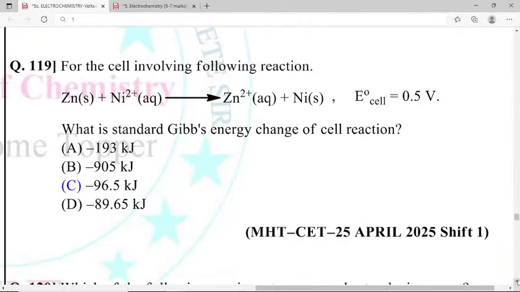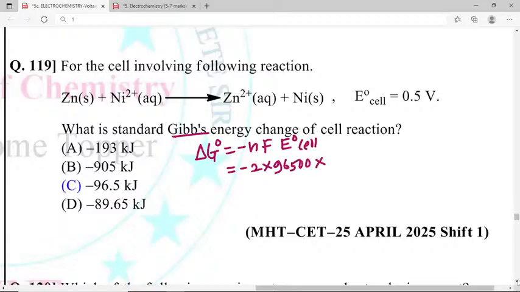Okay, for the cell involving the following reactions, zinc, E0, Gibbs energy change. What is the Gibbs energy change? आणि सेल विचारलाय तुम्हाला. So del G is equal to minus nF E0 cell. Okay, E0 cell. So is equal to minus. So this is the nickel 2 plus. So 2 multiply by